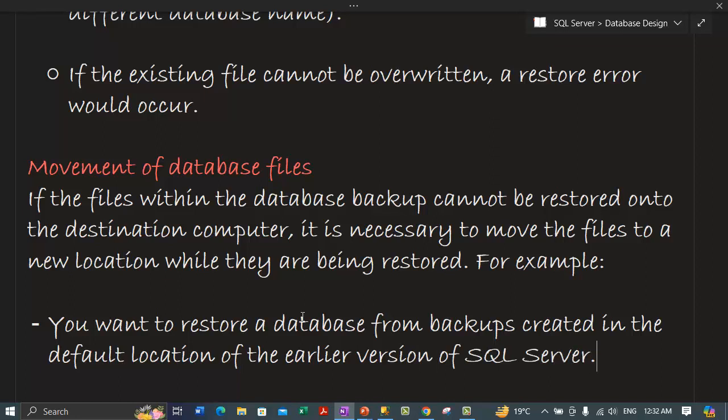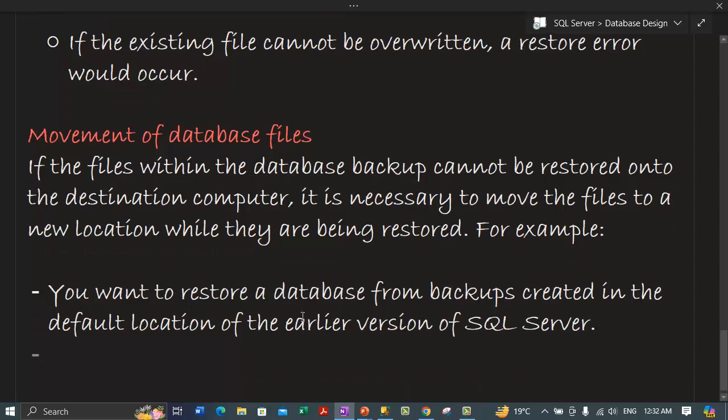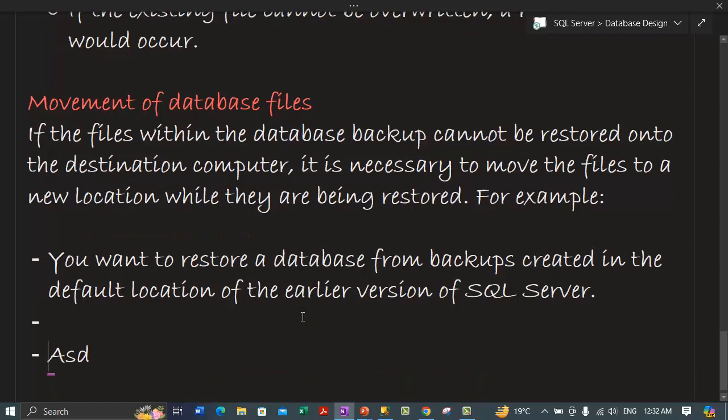So we have a backup taken from the earlier version of SQL Server, and this is the first scenario. Let me discuss the next point. You are restoring a file from a backup taken from the earlier version of SQL Server onto a new version of SQL Server, and